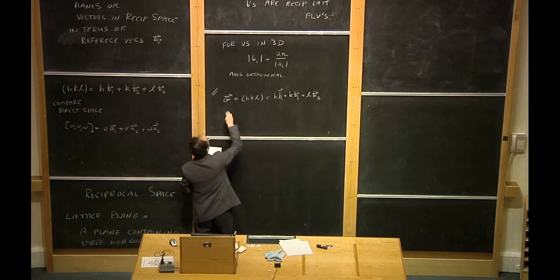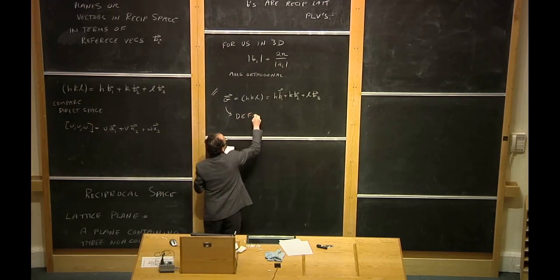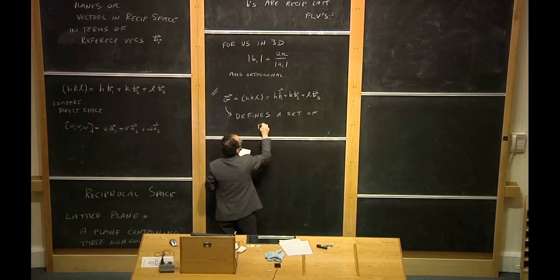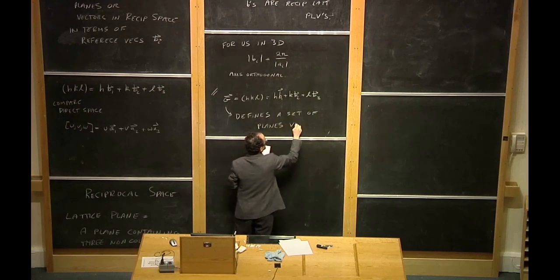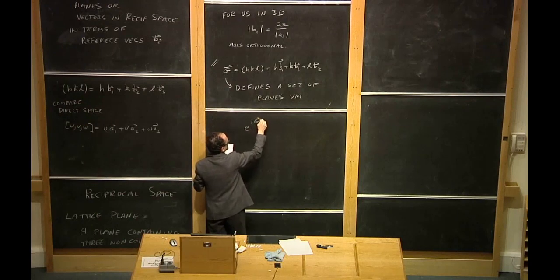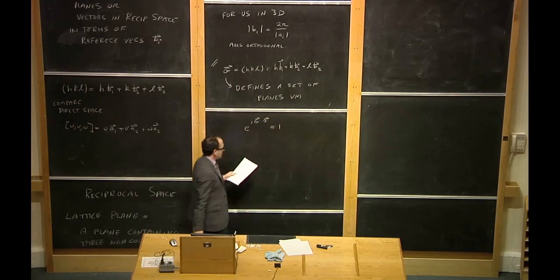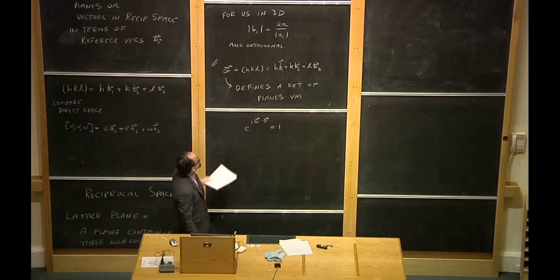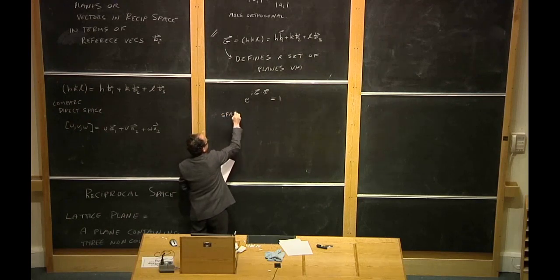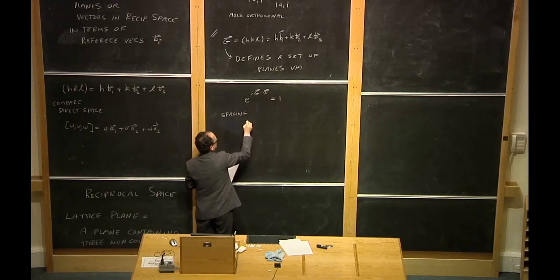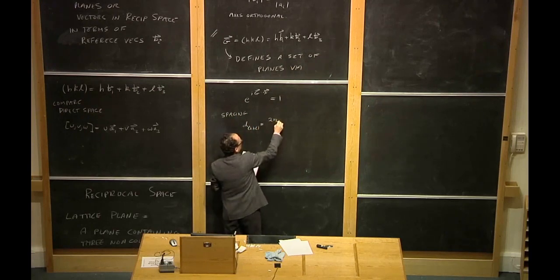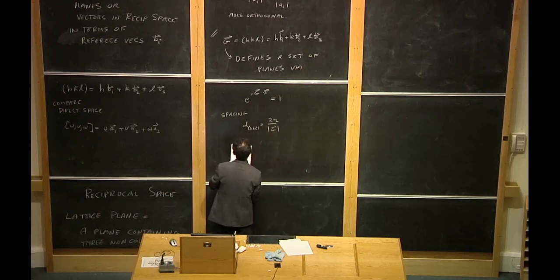But always G defines a set of planes via e to the i G dot x equals 1. So we can always define a set of planes from any vector G via e to the i G dot x equals 1. And the spacing of these planes is d_hkl equals 2 pi over the absolute value of G,